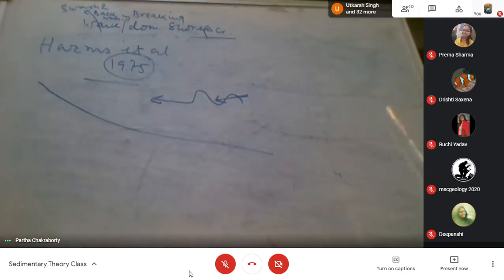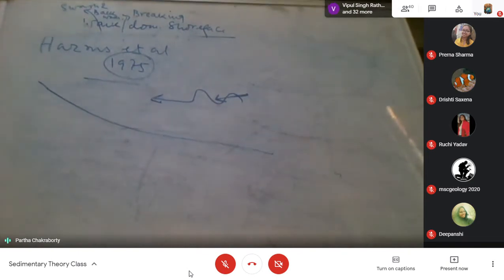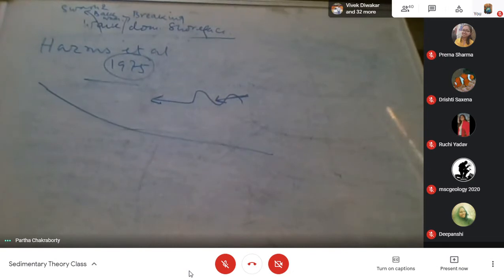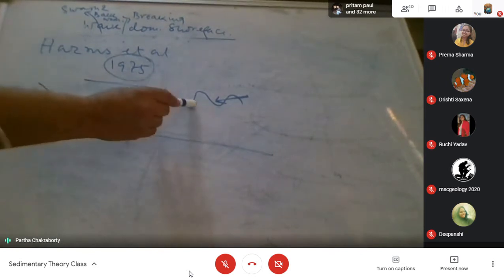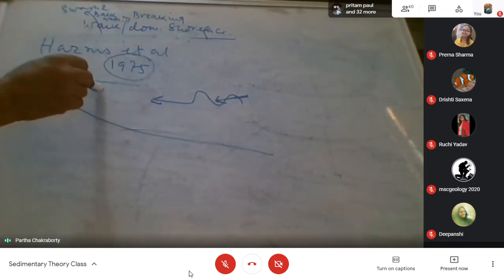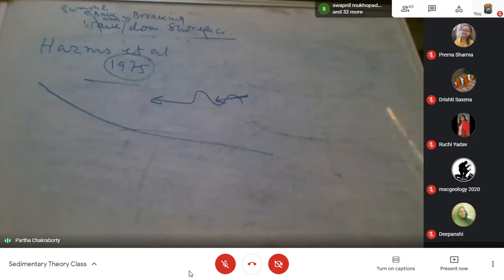Now these waves move towards the coast. Two things happen as it moves towards the coast: the amplitude of the waves increases, and the waves become more asymmetrical. That's why during a storm there is always a warning for the fishermen not to go fishing, because the storm becomes most devastating as it approaches shallow water, because, as I discussed, the depth of the wave decreases and the amplitude increases.